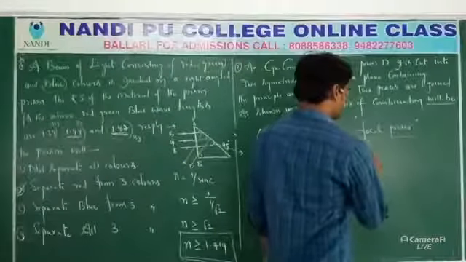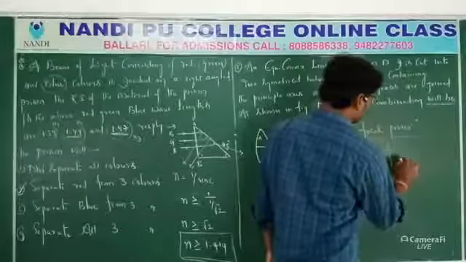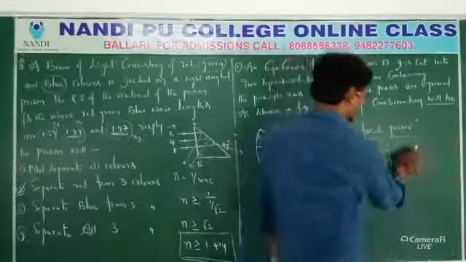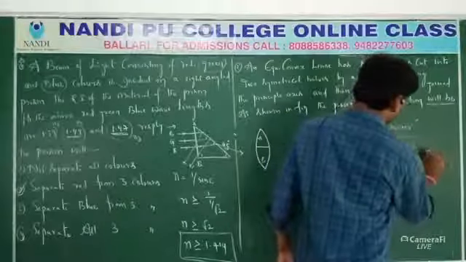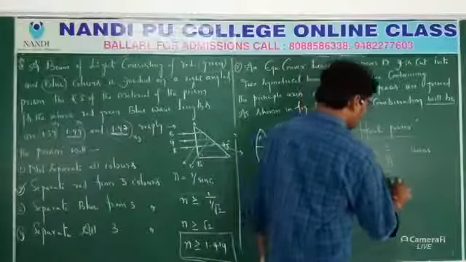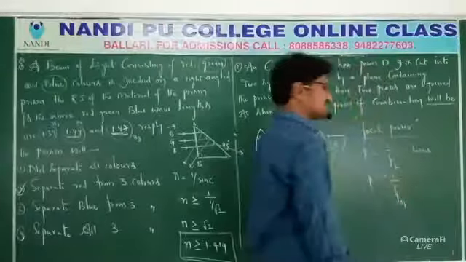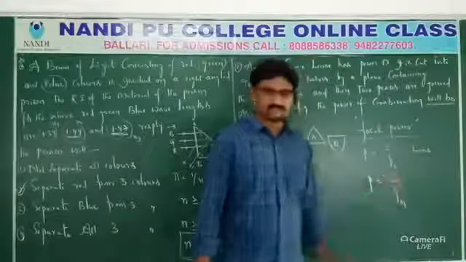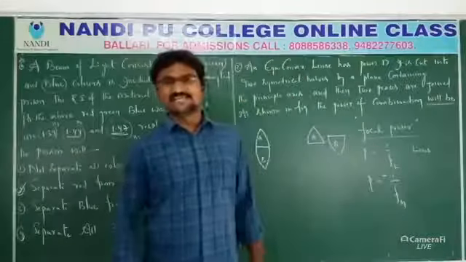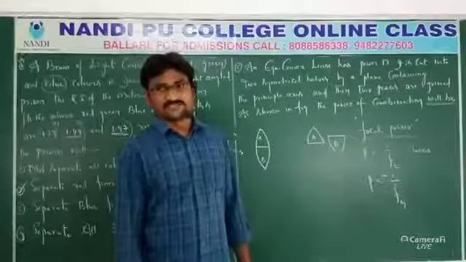So here, generally, focal power P has the formula 1 by F. We know F is in meters, or if you take 100, you can use centimeters. So 1 by F, it is for what? Lens. For a mirror also there is a formula: focal power is 1 by Fm, and I will write Fl for the lens. But here there is a sign convention we have to use, minus 1 by Fm. It is the formula for a mirror, and this is the formula for a lens. This is the basic idea about focal power, the reciprocal of the focal length.